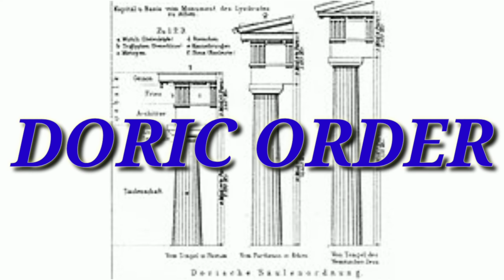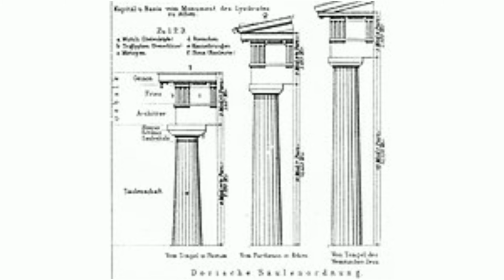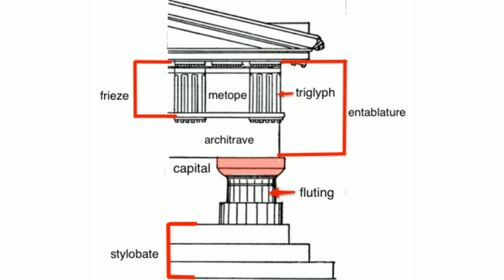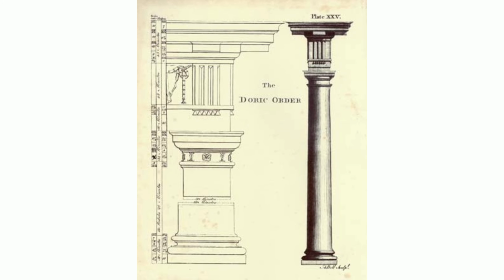The Doric order originated on the mainland and western Greece. It is the simplest of the orders, characterized by short, heavy columns with plain round capitals and no base. With a height that is only 4 to 8 times its diameter, the columns are the most squat of all orders. The shaft of the Doric order is channeled with 20 flutes.